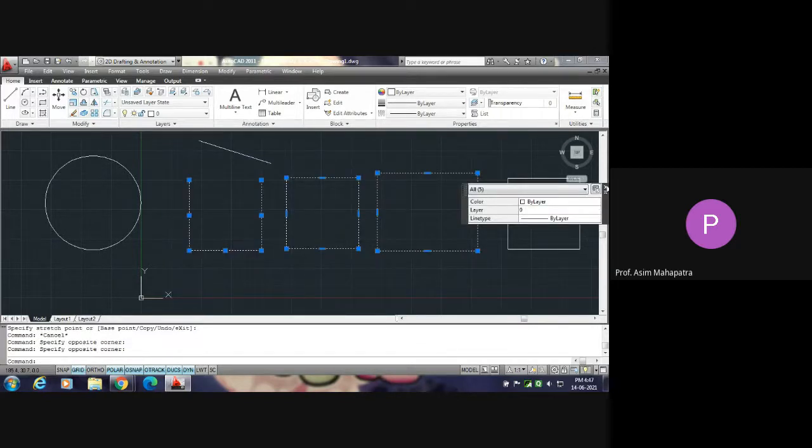That window is called the selection window. That selection window will select all the entities within it. I am repeating, all the entities within the selection window will be selected, and you will be able to delete or modify those entities. I am deleting these entities or objects.